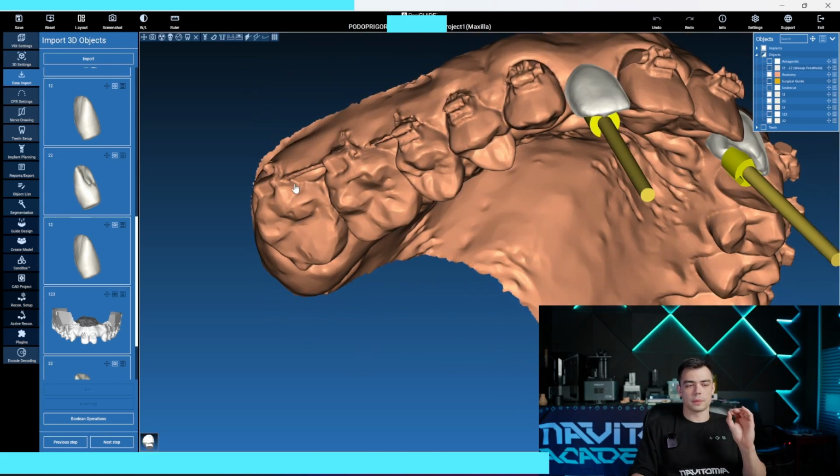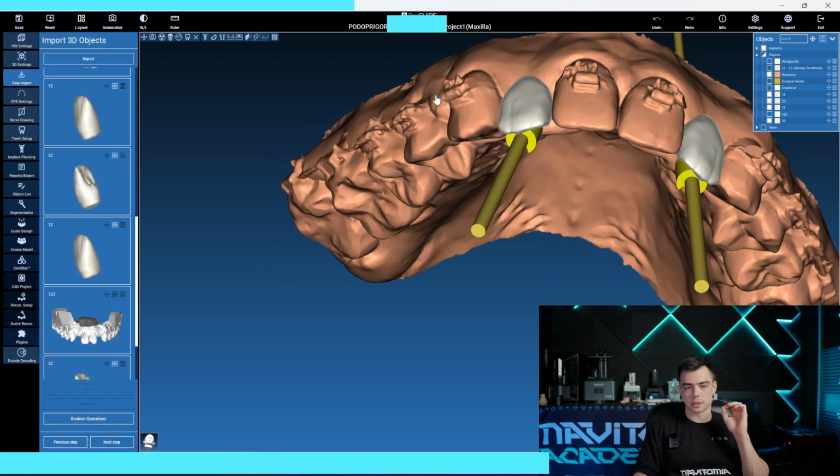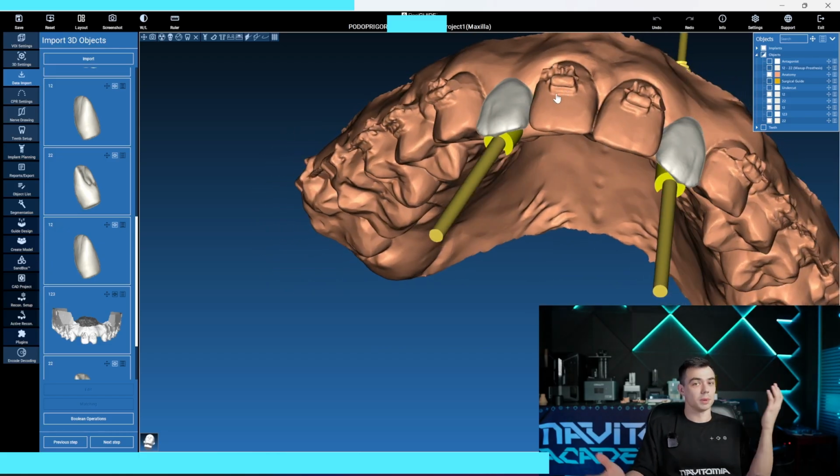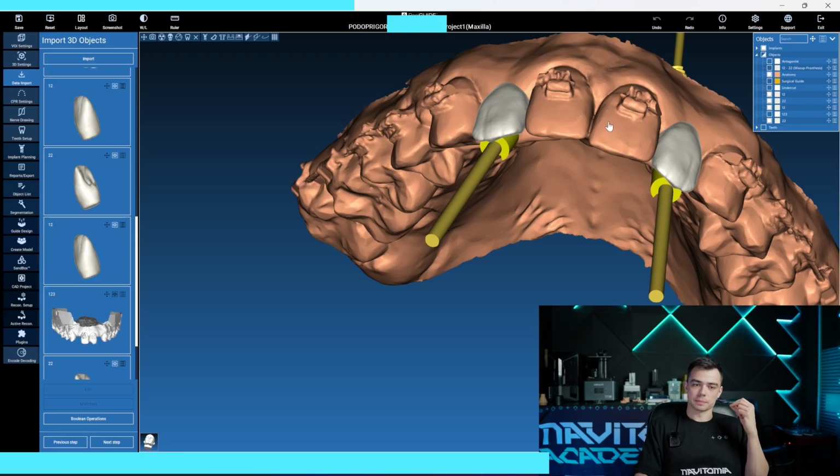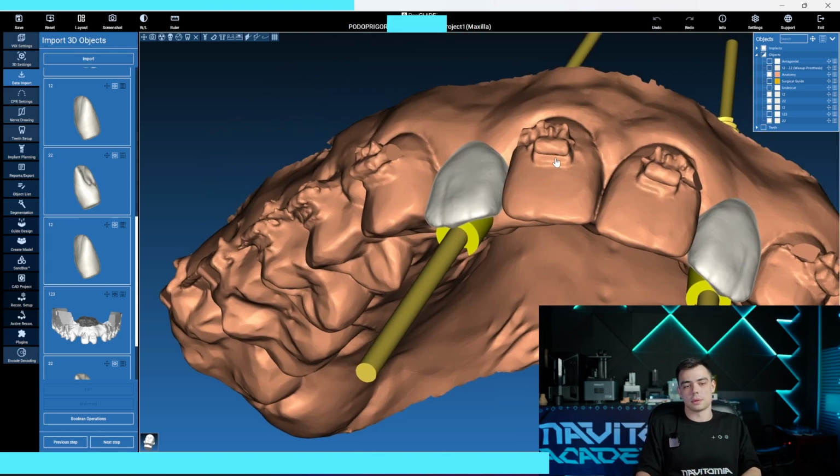As a matter of fact, these metal pieces of the braces are made of metal, as I have said, and that's why they can be reflected, because when the intraoral scan is being performed, what does it mean? This means that your scanner makes a lot of photos all together, and it's just mixing them and combining them into the 3D model. And the metal surface